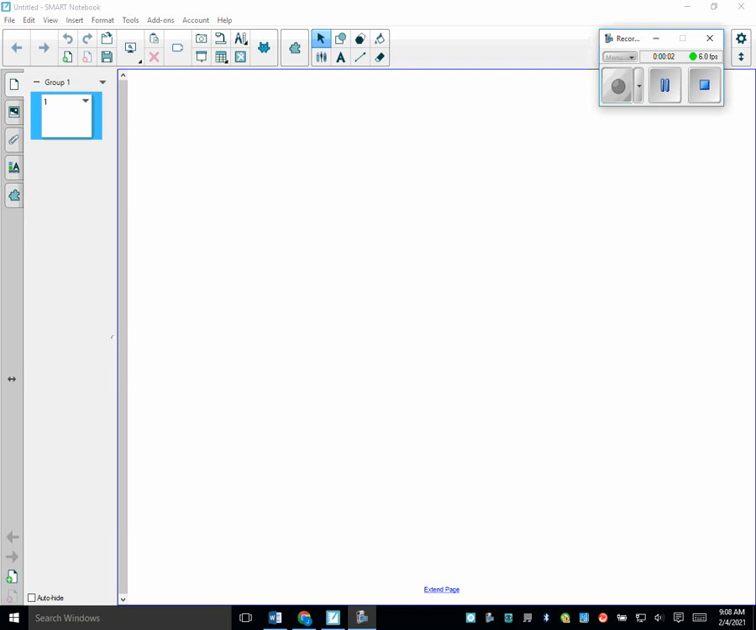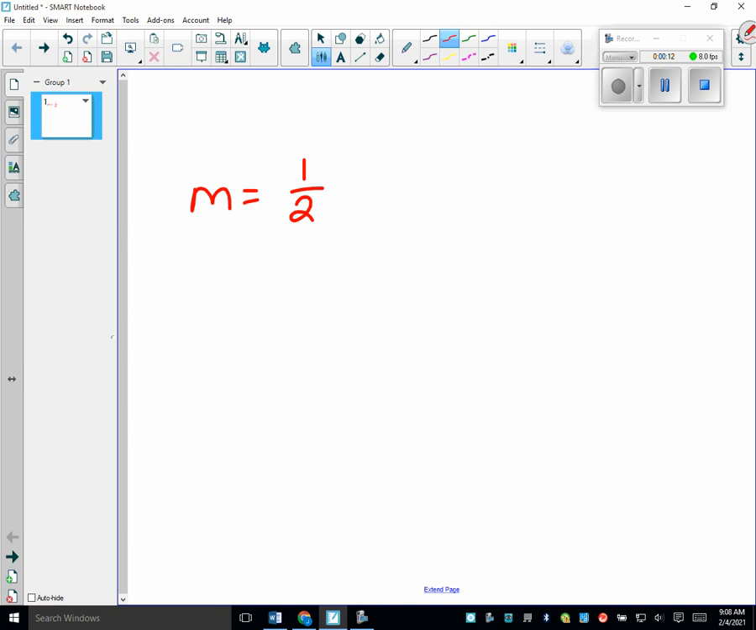How do their slopes compare? They're the same. So if I tell you a line has a slope of 1/2, what is the slope of a parallel line? 1/2. You know that? Okay. What about perpendicular lines? They're the negative